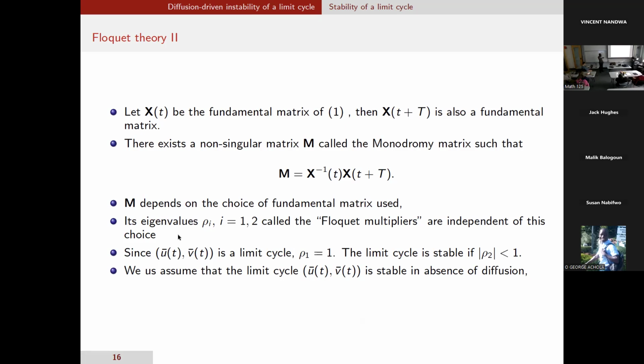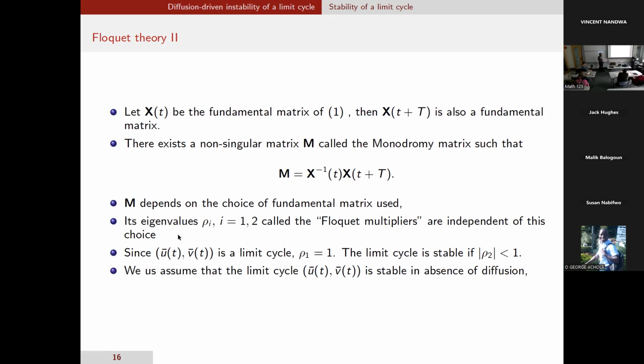So what does this matrix represent? The inverse of the first fundamental matrix, multiplied by the fundamental matrix after one period. This M depends on the choice of fundamental matrix you have. However, the eigenvalues of M do not depend on this choice. They are a property of the Jacobian matrix, so they are always constant, whichever fundamental matrix you take. These eigenvalues, which we call the Floquet multipliers, are the ones used to analyze the stability